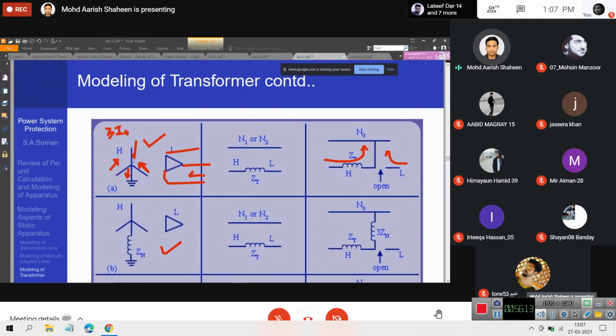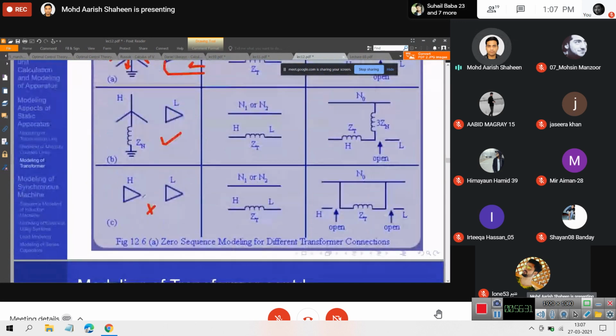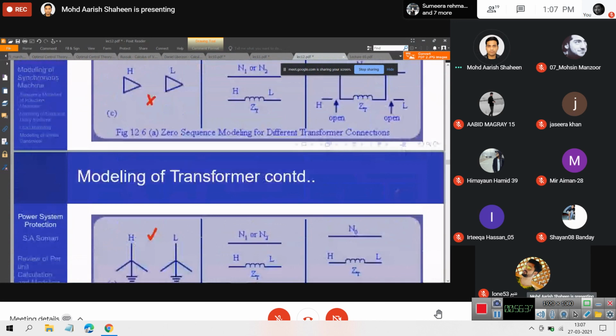Remember ये दो ट्रांसफॉर्मर, जो हमारी वाइंडिंग्स होती हैं, they are magnetically separate, ठीक है, they are not electrically coupled, they are magnetically coupled. So KCL still has to hold true. The same is true for this network. अगर आप इस नेटवर्क की तरफ देखोगे, only the zero sequence impedance is modified on the Y side, delta side is still open. Delta is not used in practice, but as you can see for yourself, zero sequence current can't flow on the H side, it can't flow on the L side.